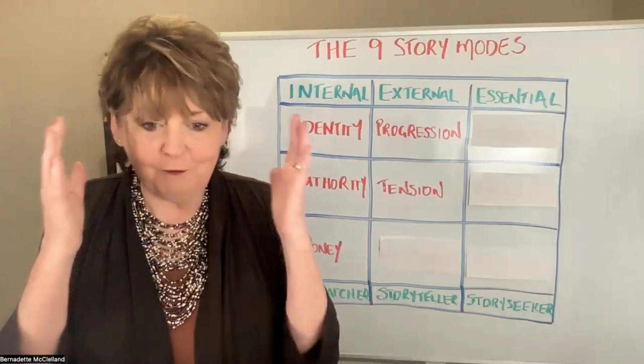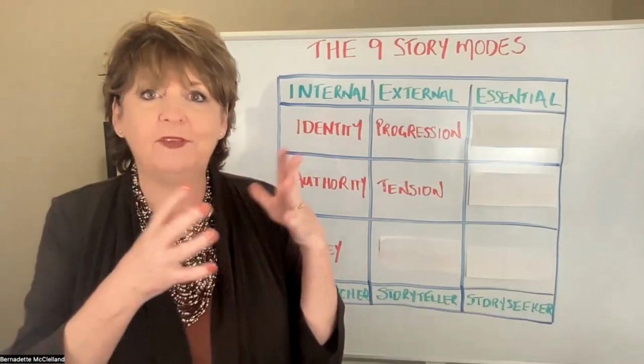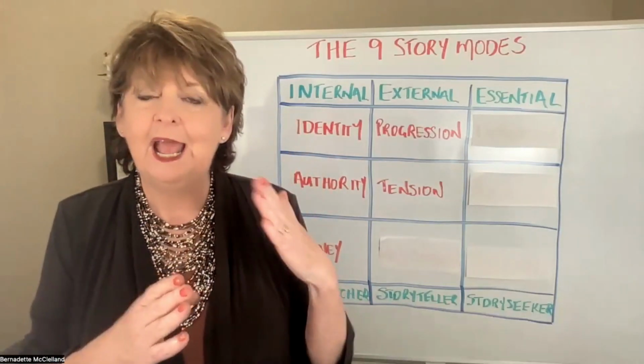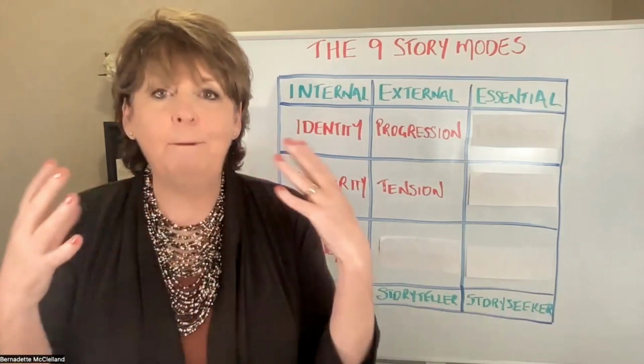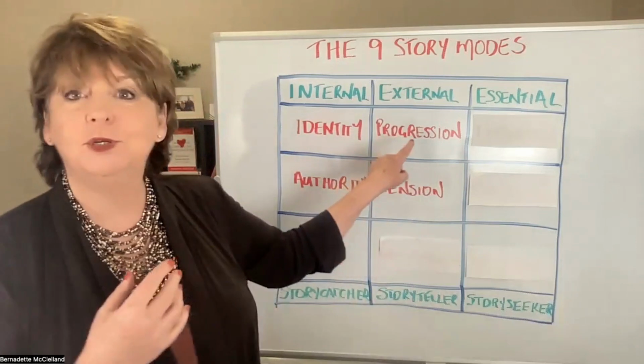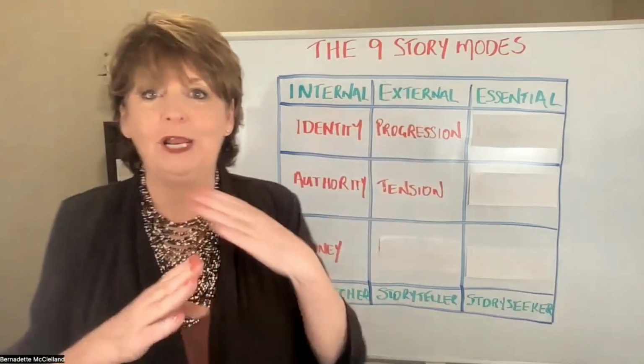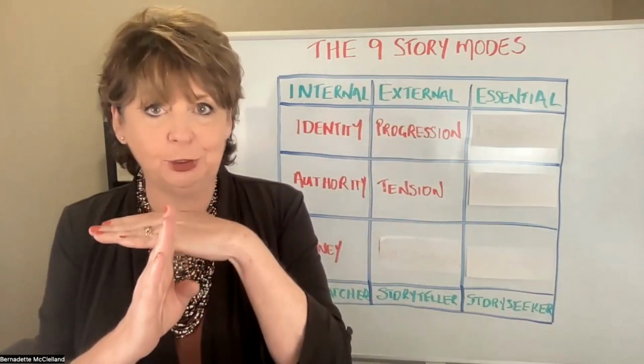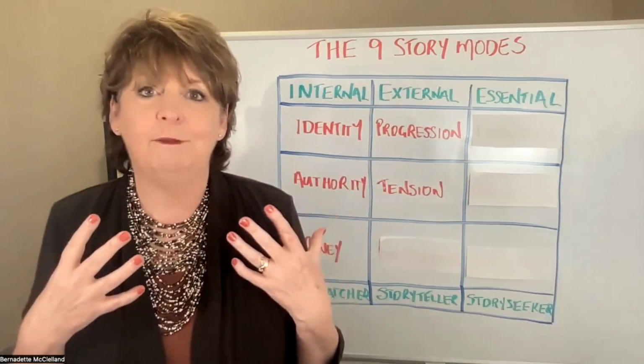Now, when we talk about the tension model, it's typically a 2x2. So a matrix model is what we use here, as opposed to the ladder or the progression model. We're now going to be looking at a 2x2. So if you think for a moment,